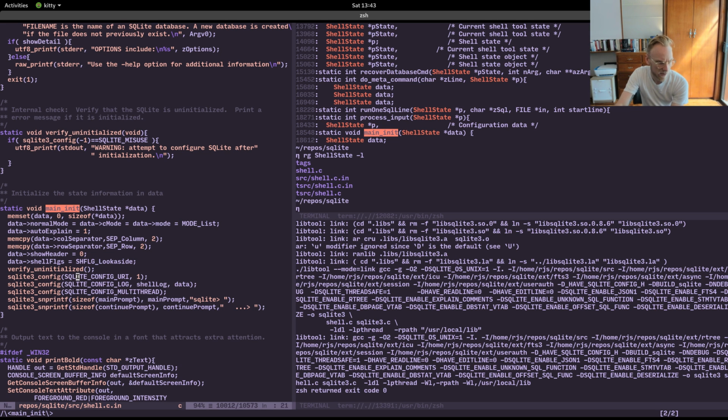So it calls shell SQLite config. So I think it's setting these: SQLite config URI to 1, SQLite config log, shell log and data, SQLite config multi-thread. Because it's not assigning to anything, it's probably poking some static state. And then it says size of main prompt SQLite, and then there's a continue prompt, which is what this looks like. So if we wanted to change how the continuation prompt looked,